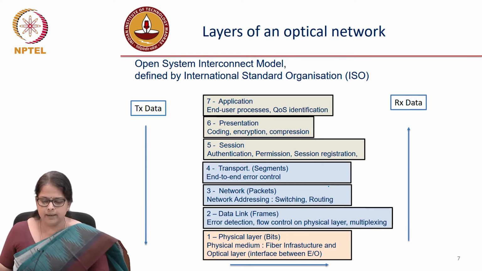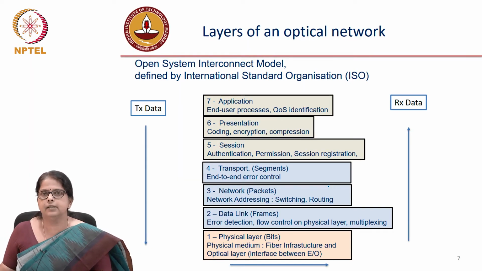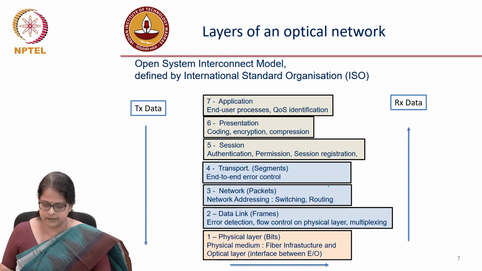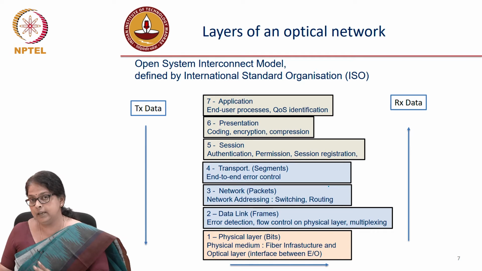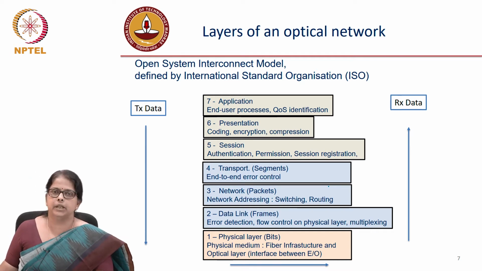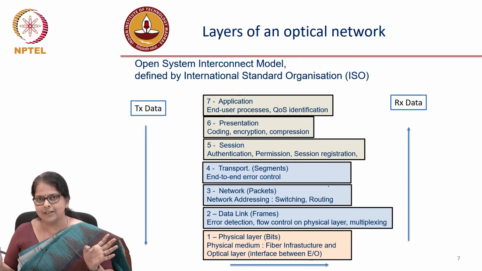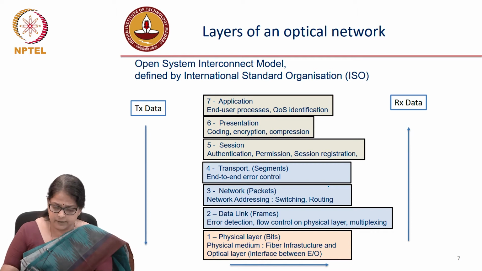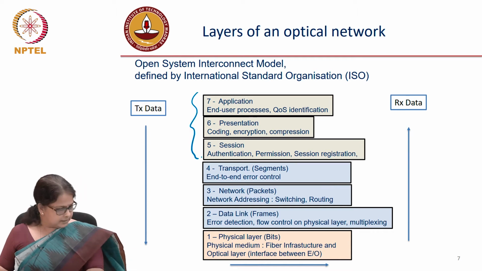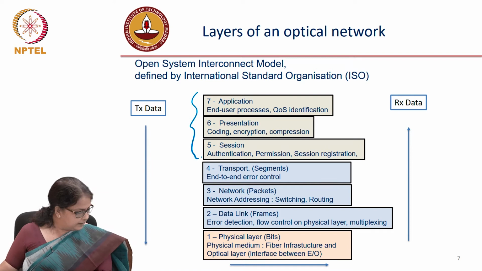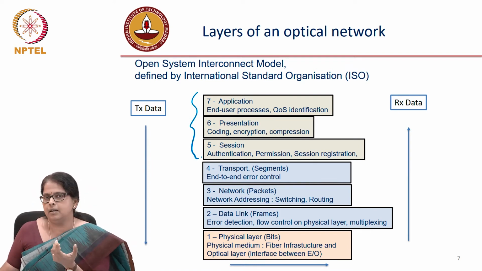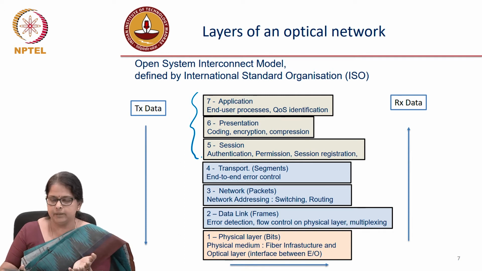So this OSI model, the 7-layer model defined by the International Standard Organization for any communication network, including optical communication networks, is the following. The entire network functionality is divided into 7 layers, of which the top 3 layers are the higher level layers. So let's say we are trying to send an email from my computer here to